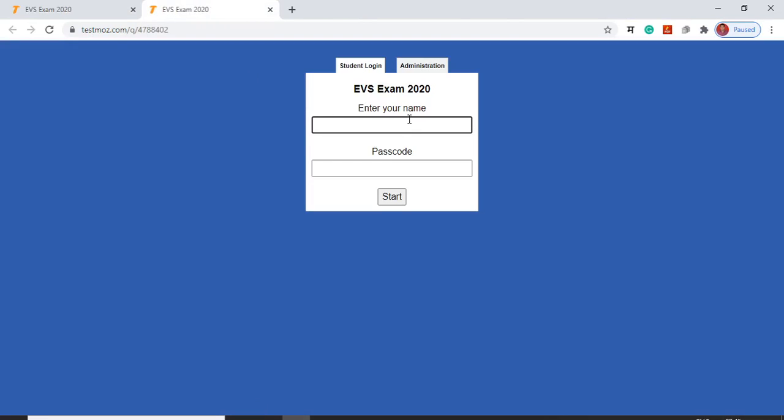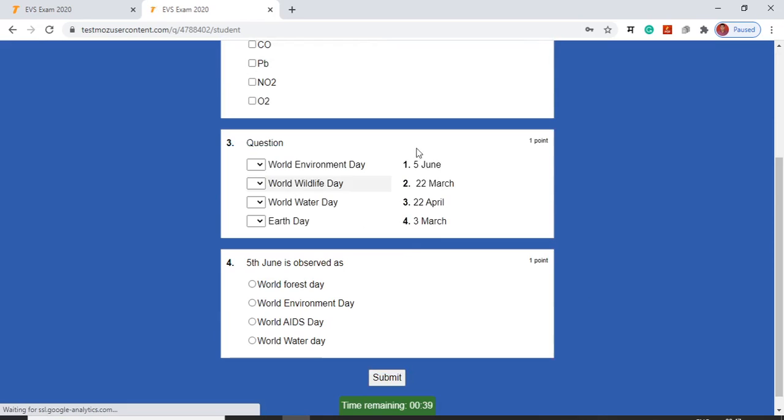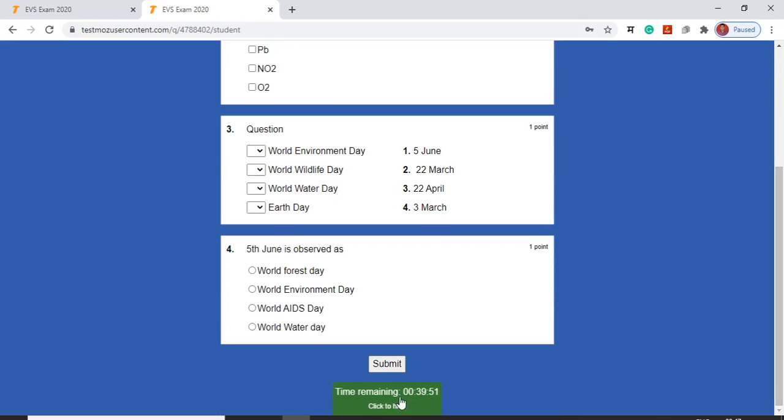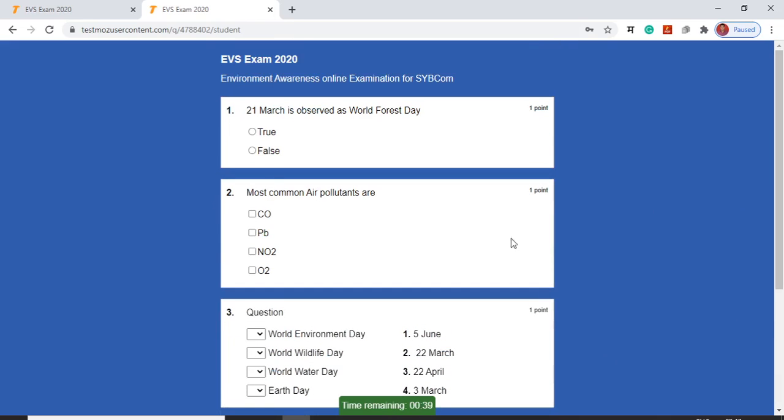Suppose I am a student. It asks for a password, so I will enter the passcode which we set earlier. Okay, now my exam has started. Here you can see the time remaining. We have set 40 minutes, so the counter is showing. I am attempting this exam.